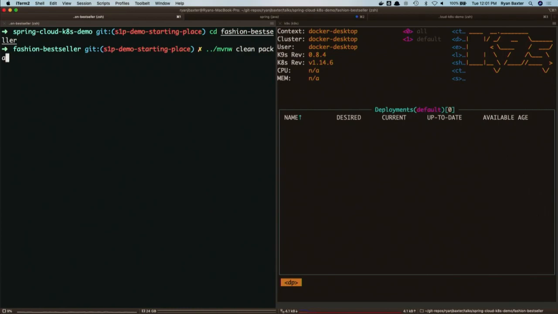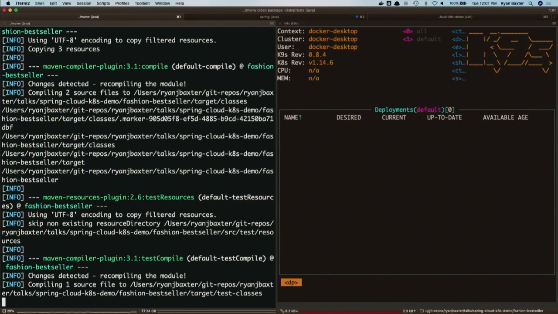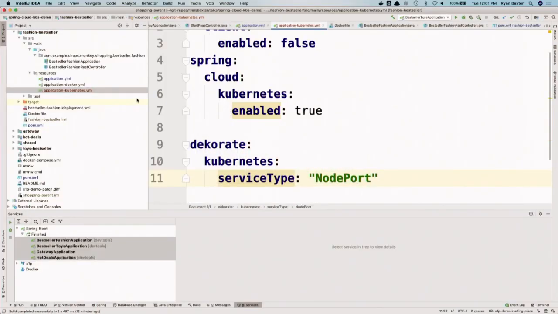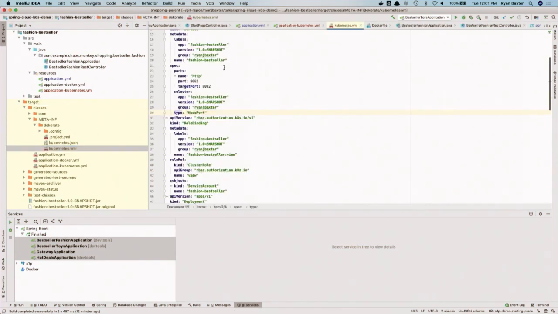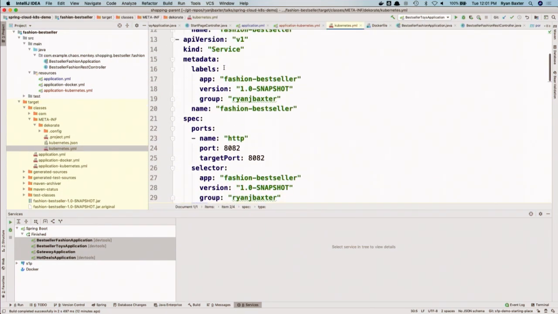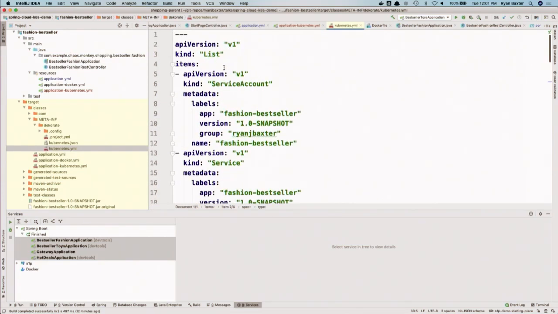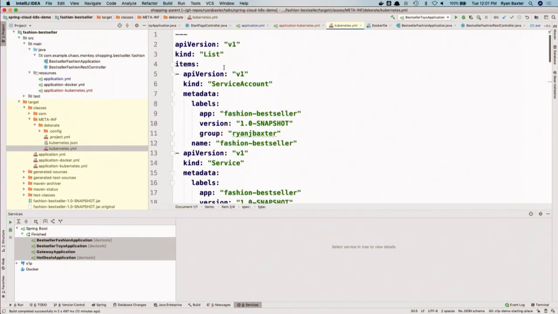And then I'm going to do something that no one should ever do. I'm going to skip tests. Never. In the interest of time, I promise. Everything passes. I just want to make sure that we have enough time. So once that runs, if we look in the target folder here under classes, META-INF, dekorate, we have this YAML file. All right, and for those of you who love YAML, you'll be very excited about this. But I'm very excited mainly because I didn't have to write it all, and you didn't have to watch me do that. So it generates a lot of things, right?